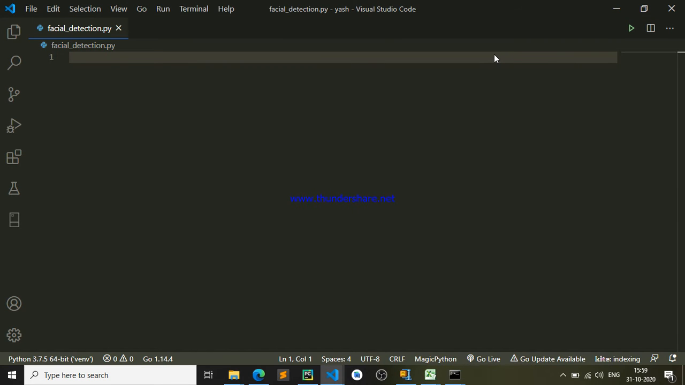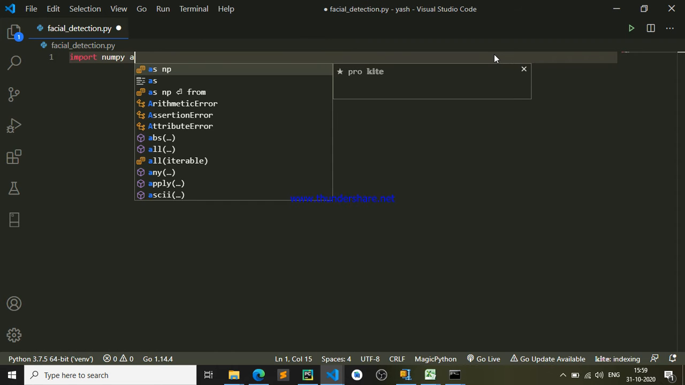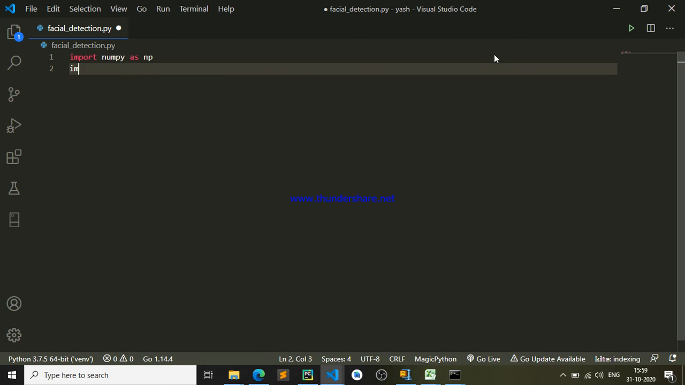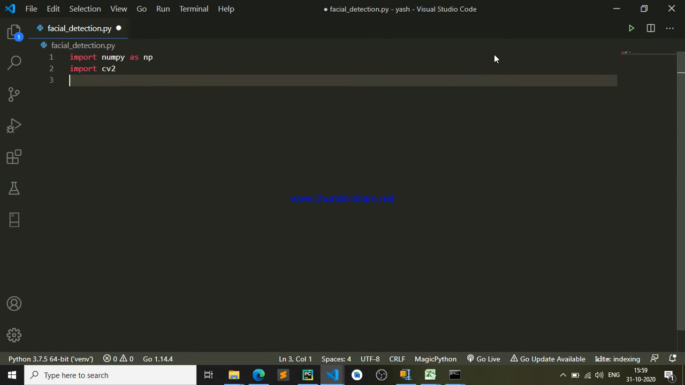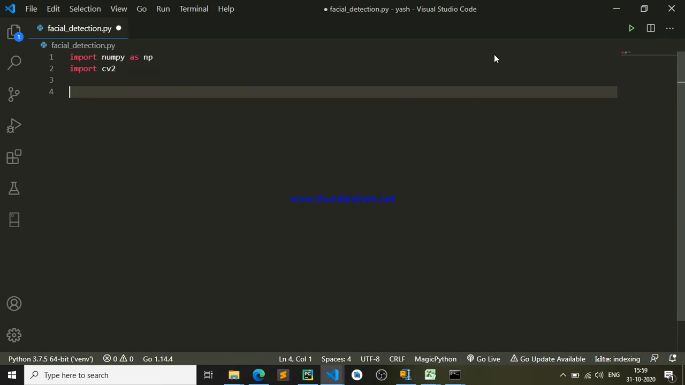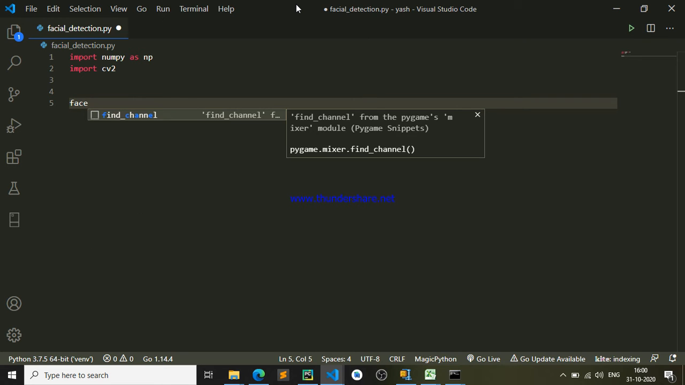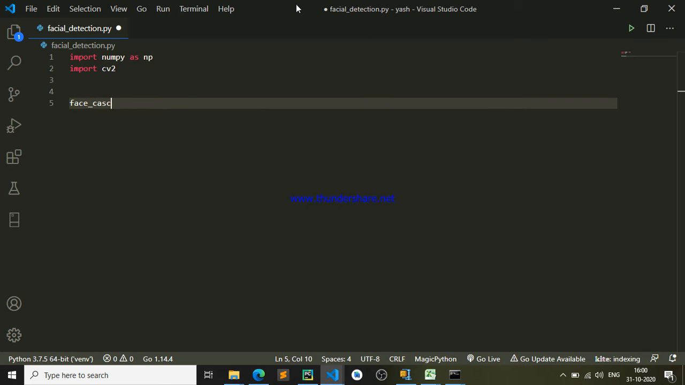Once you do that, let's get our imports in. I'm going to import numpy as np, and on the next line import cv2. That stands for OpenCV Python. Now you need to download the face Cascade. I will have a link in the description, but if I don't, remind me and I will put it in. I'll type out face_cascade equals